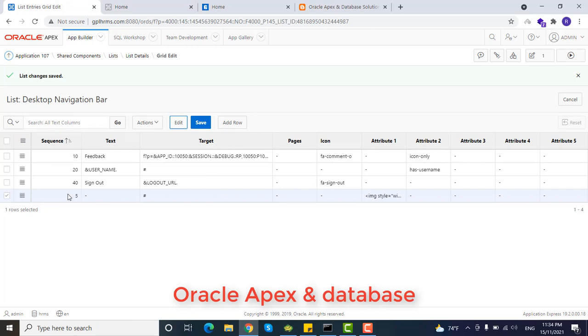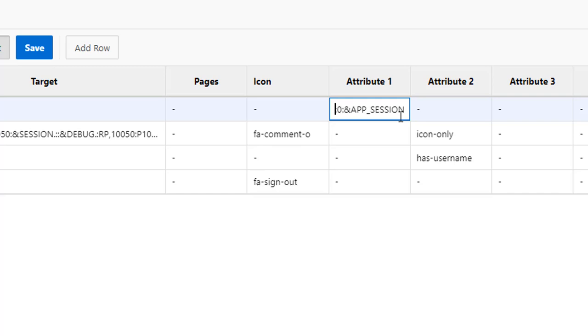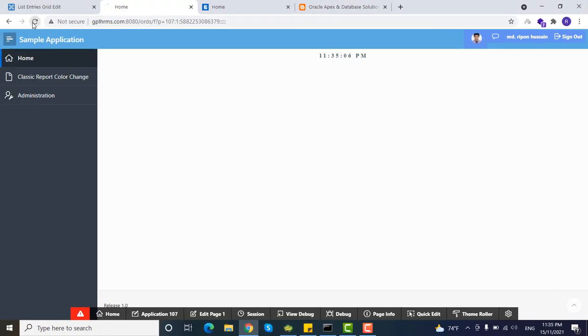Edit, grid edit, so the login user image is displayed on the navigation menu.